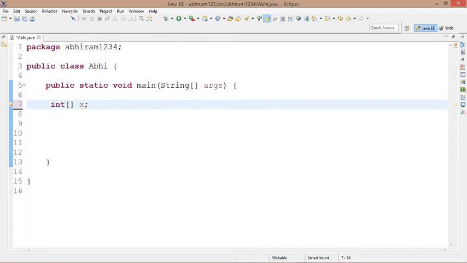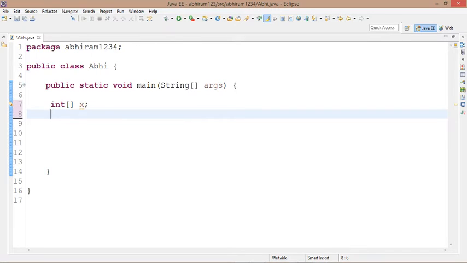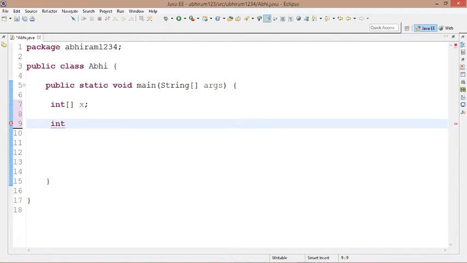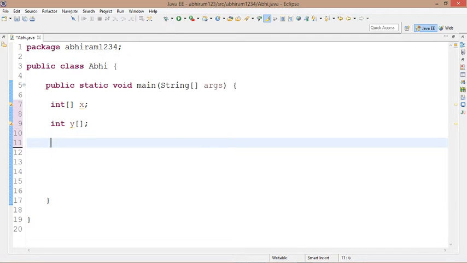You can also declare like this: int y[]; semicolon. This is also a valid declaration. You can declare like this also: int dimension z. This is also a valid declaration, but first one is most